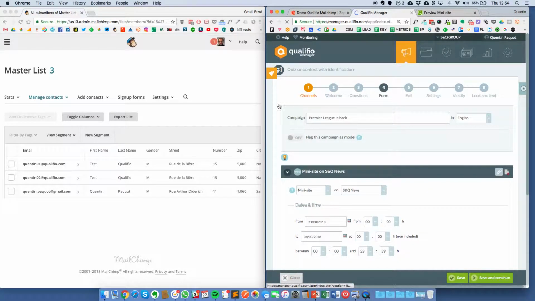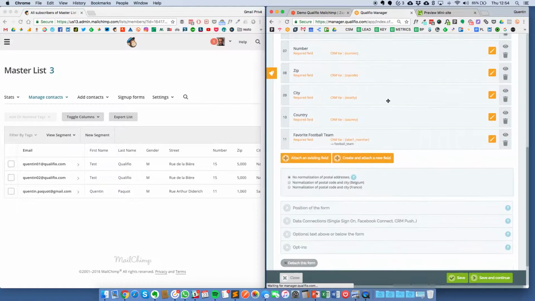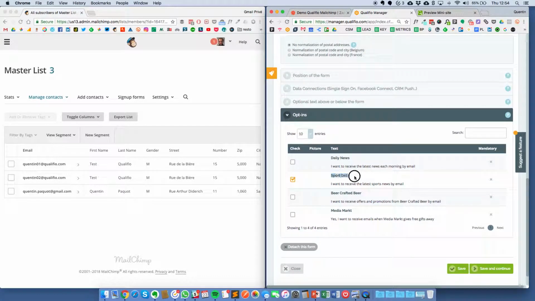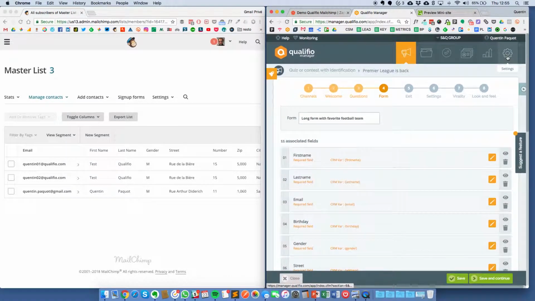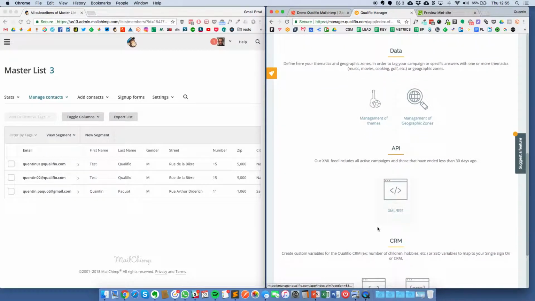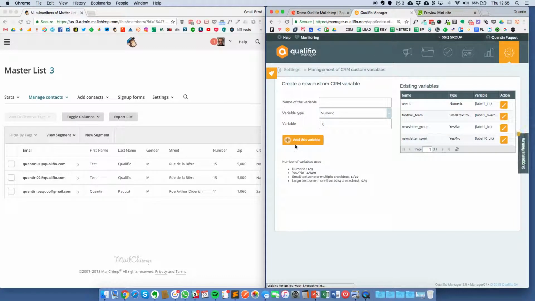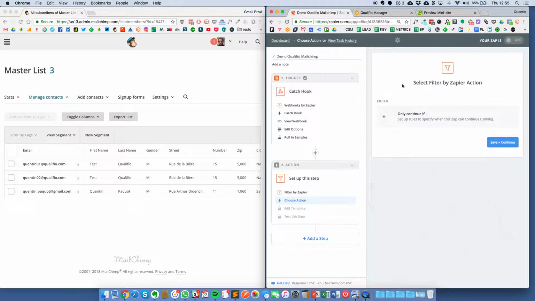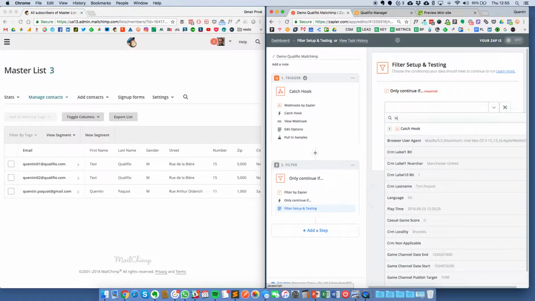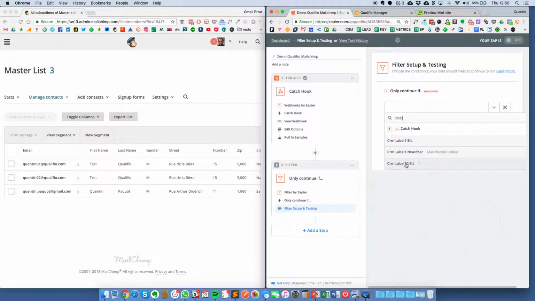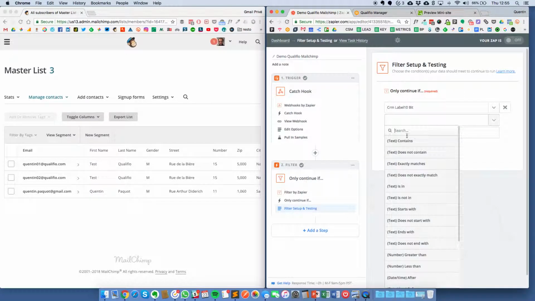In my form step, under opt-in, here, I see that I checked the sport daily. Okay, the sport daily, I'm going to recheck it because here, if I go into settings, CRM variables, this is only for admins, newsletter sport, it's the variable, the custom var label 10_repeat. Okay, so we want to continue only if label 10_repeat equals 1,